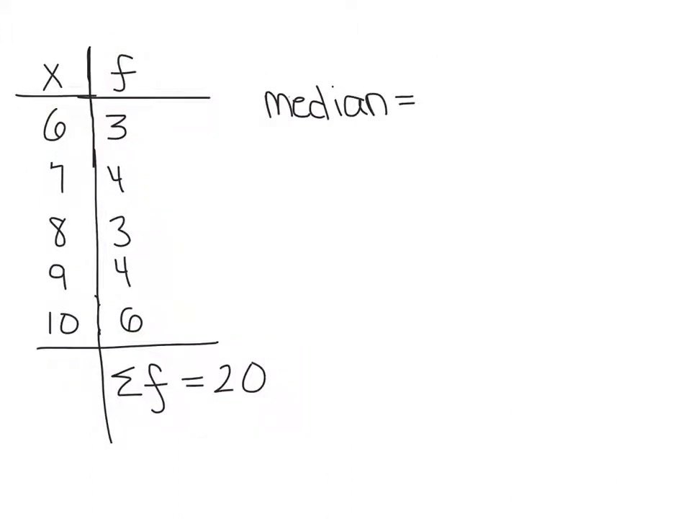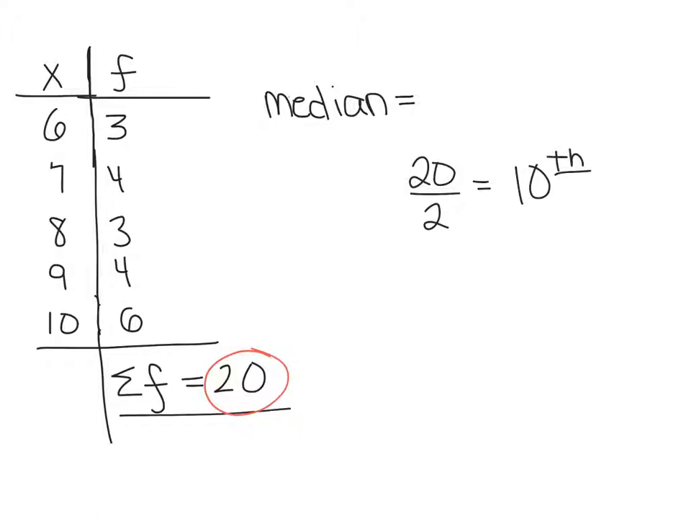Now I'm going to find the median. To find the median, we're just going to look at the first two columns of our chart. I'm going to look at the x values and the frequencies, and then the sum of the frequencies. So first, you're going to take the sum of the frequencies, which is 20. That tells me that there's 20 total values in my data set. You'll take that value and divide by 2. And we get 10. Since this number is even,